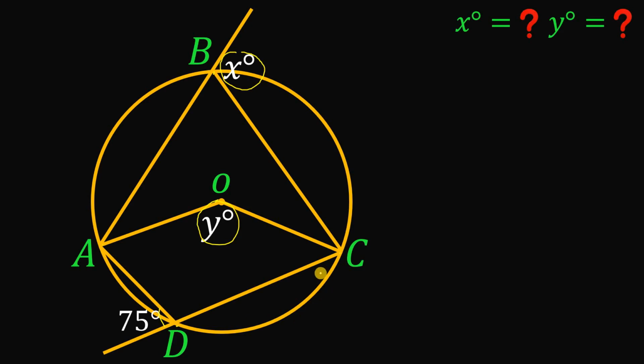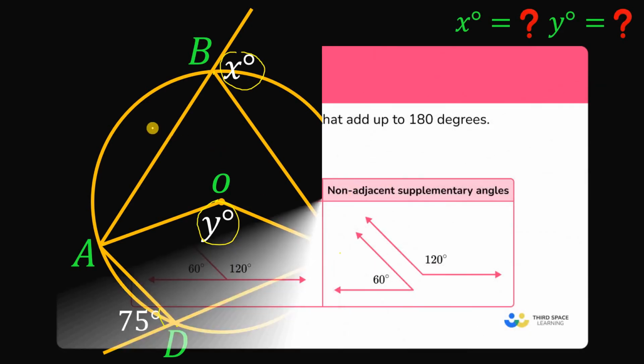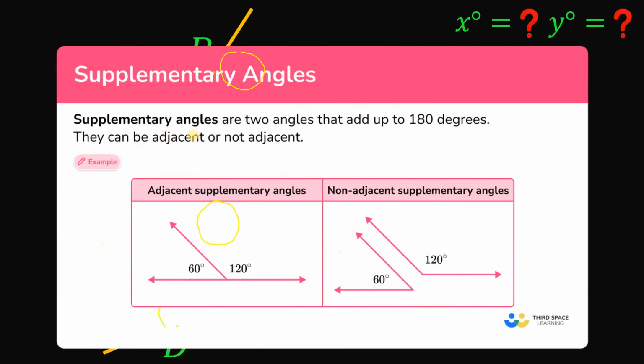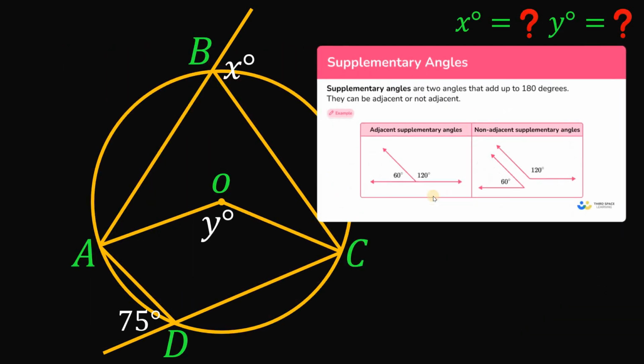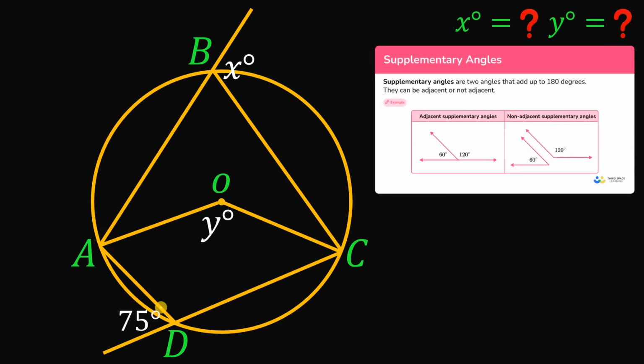Now, let's use these concepts to answer this question. The first concept is supplementary angles. Supplementary angles are two angles that add up to 180 degrees. They can be adjacent or not adjacent, like in this picture. Now, using this concept, if this is 75 degrees, this other angle is the supplement of 75 degrees. Therefore, these two angles add up to 180 degrees. It follows that this angle right over here must be equal to 105 degrees because 105 plus 75 degrees will